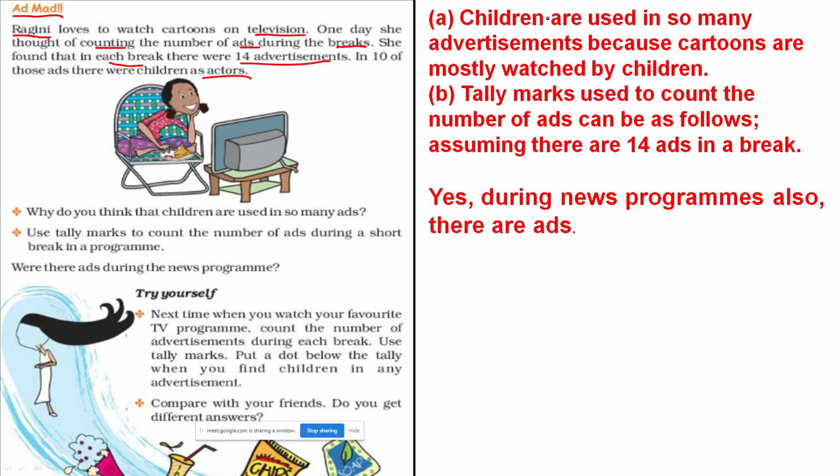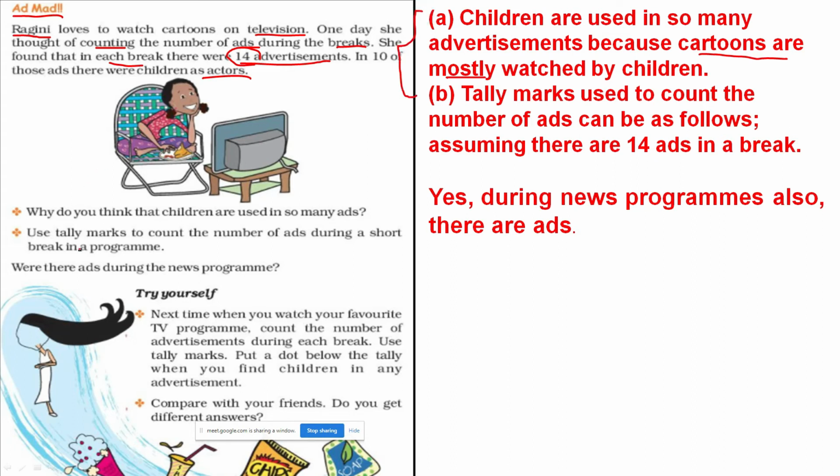Most of the children actually during the break. Suppose you are watching one program or any cartoon channel. In between, so many advertisements will come for the children, because children like the cartoons. Advertisements use children because cartoons are mostly watched by children only. Small children like the cartoon, the in-between break, the 2 minutes commercial break. So in between so many advertisements will come. Normally we don't like the advertisement, but small children like the advertisement very much. That is what the company actually does.